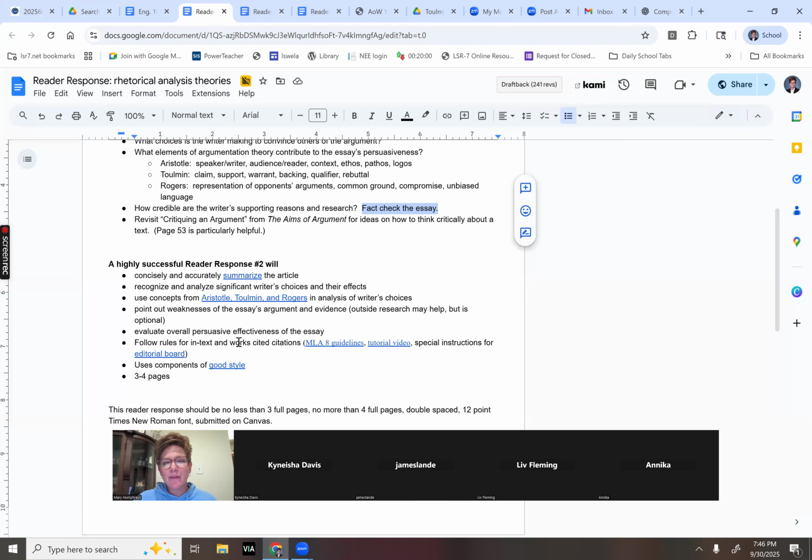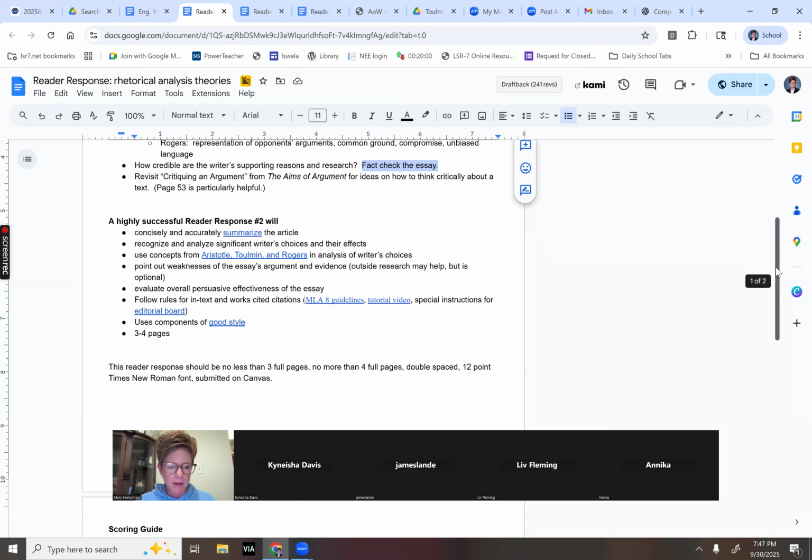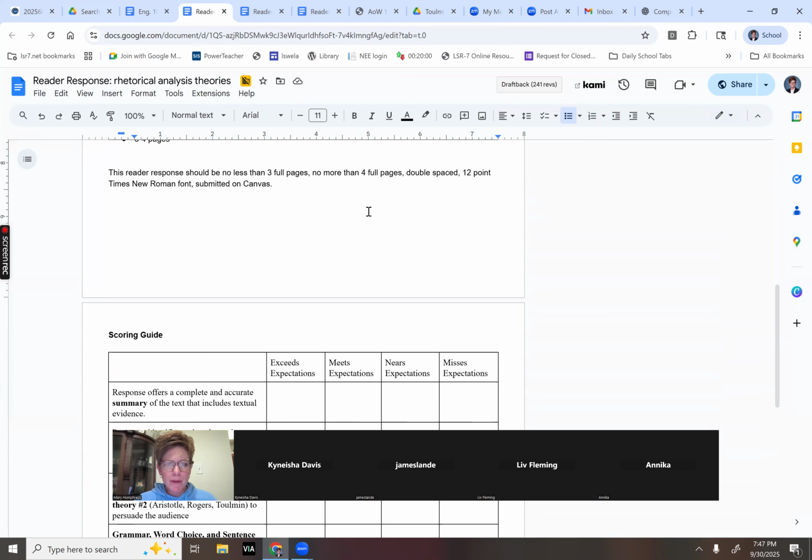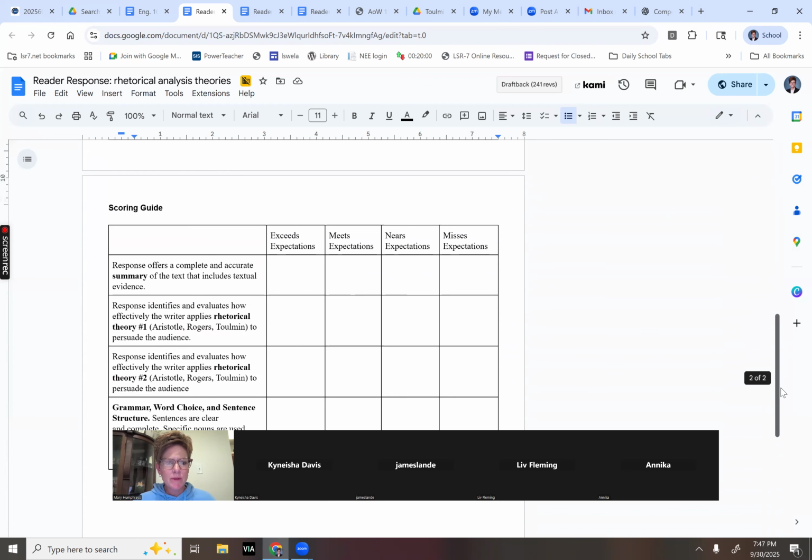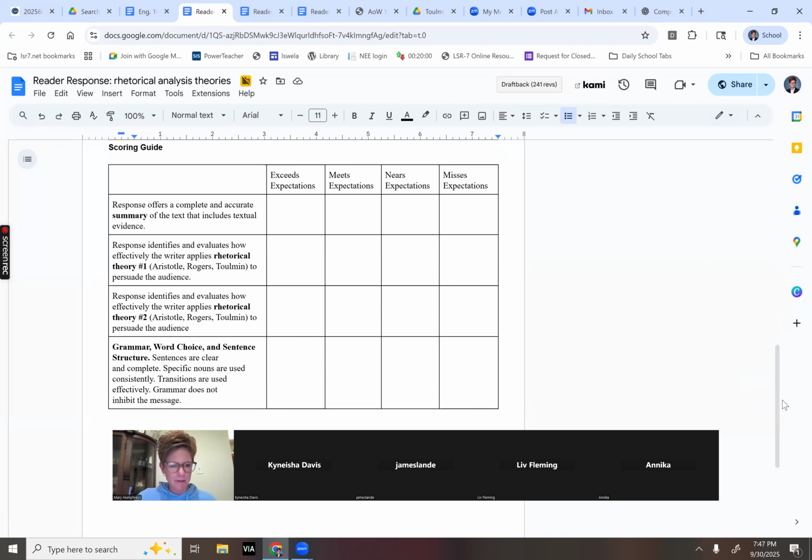Recognize and analyze significant writers' choices and their effects. You have to use concepts from Aristotle, Toulmin, and Rogers in your analysis of the writer's choices. Point out weaknesses of the essay's argument and evidence. Evaluate overall effectiveness, and then obviously MLA format for this particular document, okay? We're gonna try for 3 full pages, preferably no more than 4, and we'll submit here on Canvas just like we normally do. I do need to point out the scoring guide because it is a little bit different for